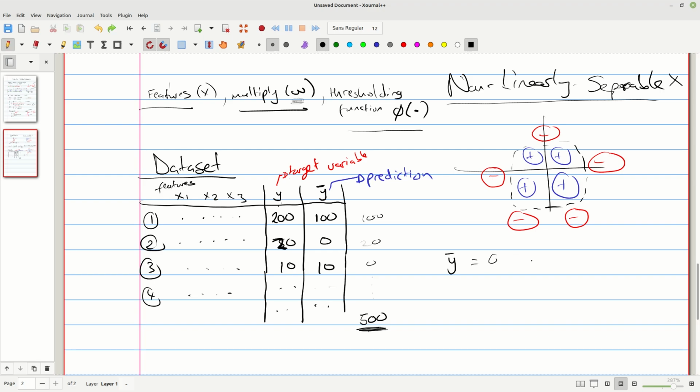Actually, let me just remove this phi and show the simpler version. Let's say W1 X1 plus W2 X2, and so on, or in this case, plus W3 X3. Let me just end it here.